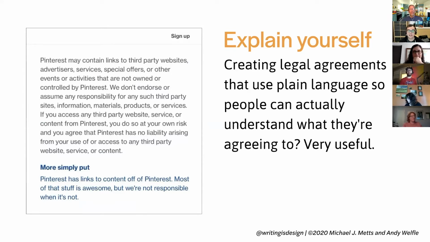How could you make this even more useful? You could make the actual language itself a little bit more user-friendly and in plain language. But as many of us probably know, there's a lot of legal barriers to doing that. They want to be very precise, and they want to protect themselves from liability. So this is a good workaround, I think, and something that I think a lot of terms of service out there could really benefit from.